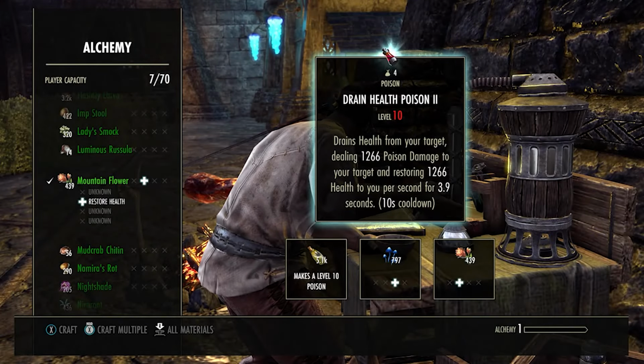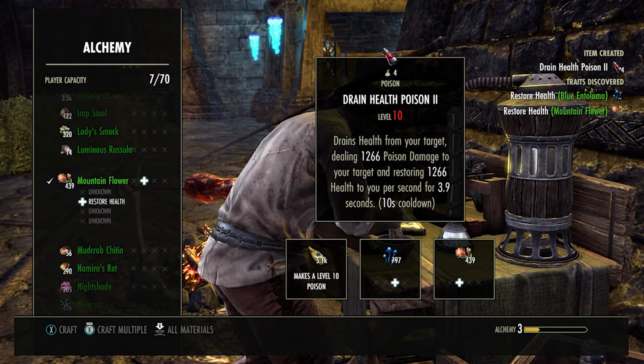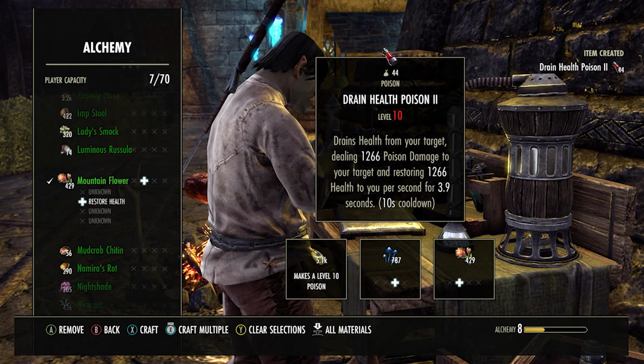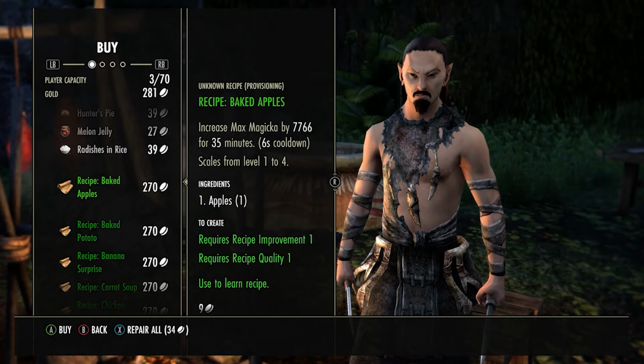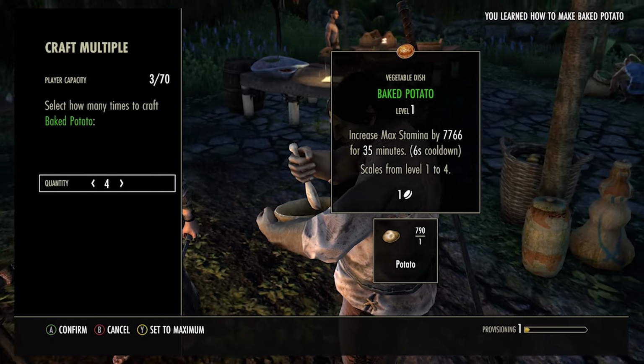So the next step after level 6 is to go and get all of your little individual skill lines to level 10. So your alchemy and your woodworking and things like that. So really simple. For alchemy, you just go and make a couple of random potions till you're level 10. Same thing with provisioning. You just go to a chef, you buy a recipe, and you just make that one thing until you're level